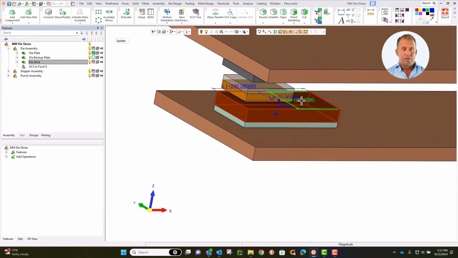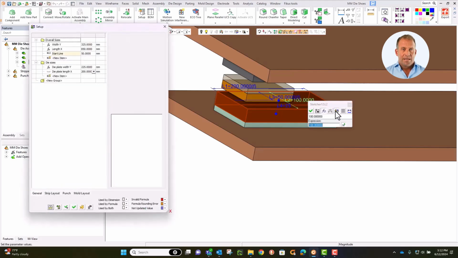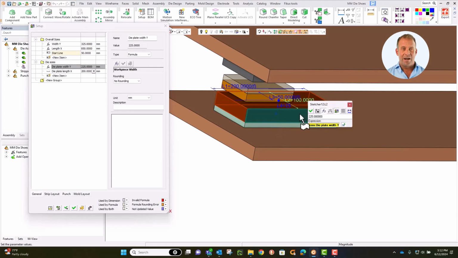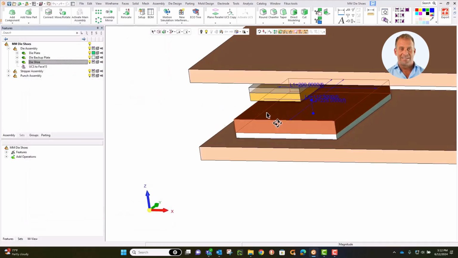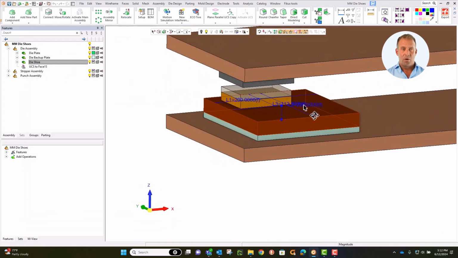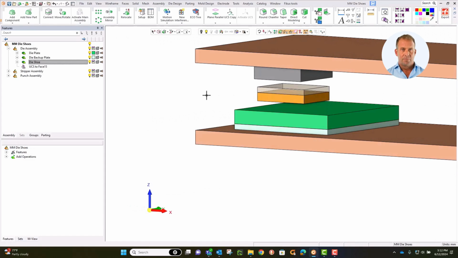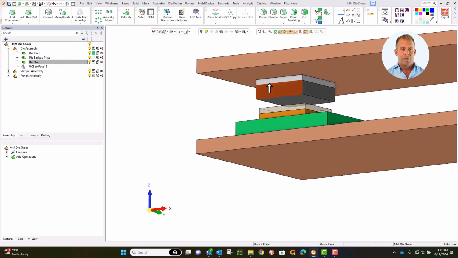Click the width and click the Setup button. Attach it to the Setup die plate width. So far we can see the underlying relationships are holding nicely. For this demo, we will set the punch plate to be the same as my die plate. We can tie these dimensions in as well, but we shall tie them to the setup and not directly to